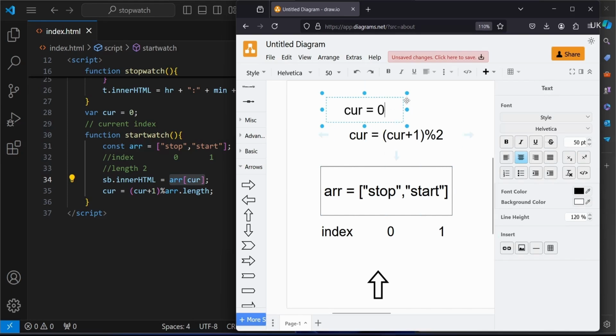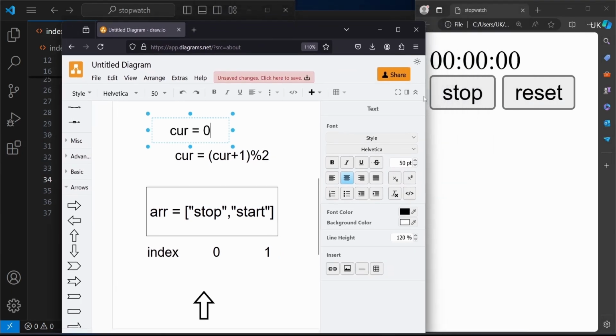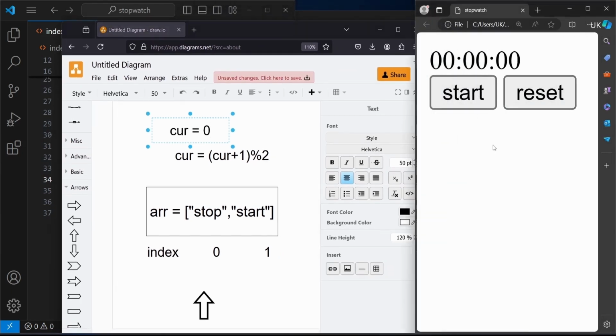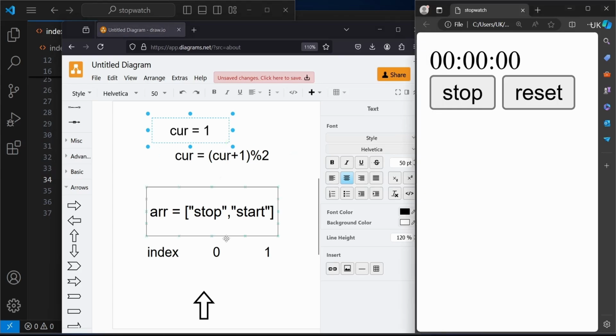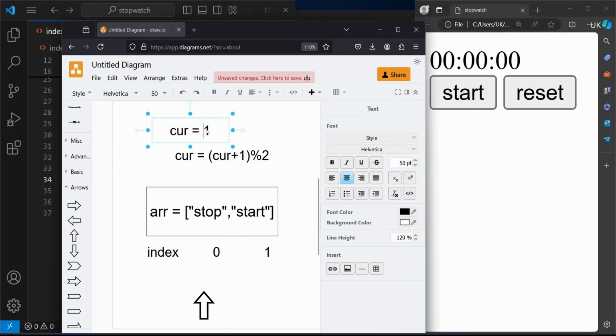And next you can see here, we will call it, refreshing this page for the first time. First the current will be 0, therefore it will call the stop. Now the current will be incremented by 1 because current plus 1. Now you can see it will call the start, then the current will be incremented by 1, but it will